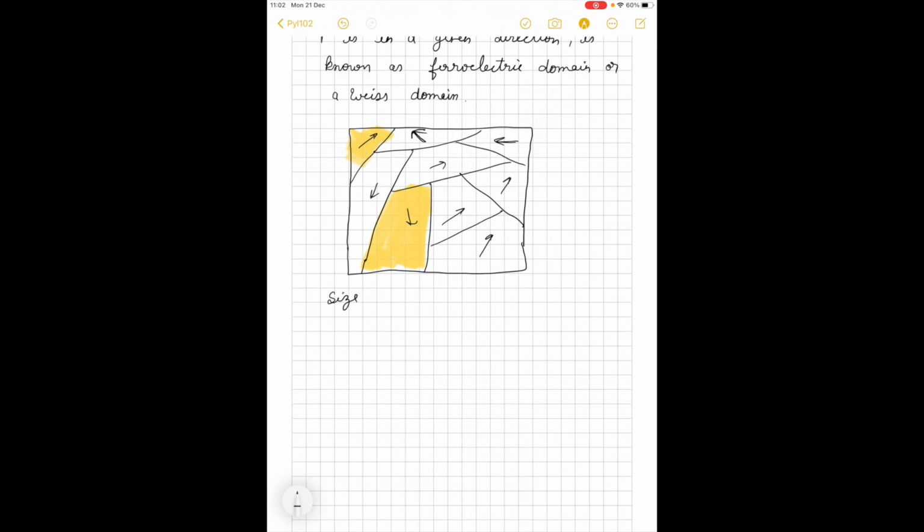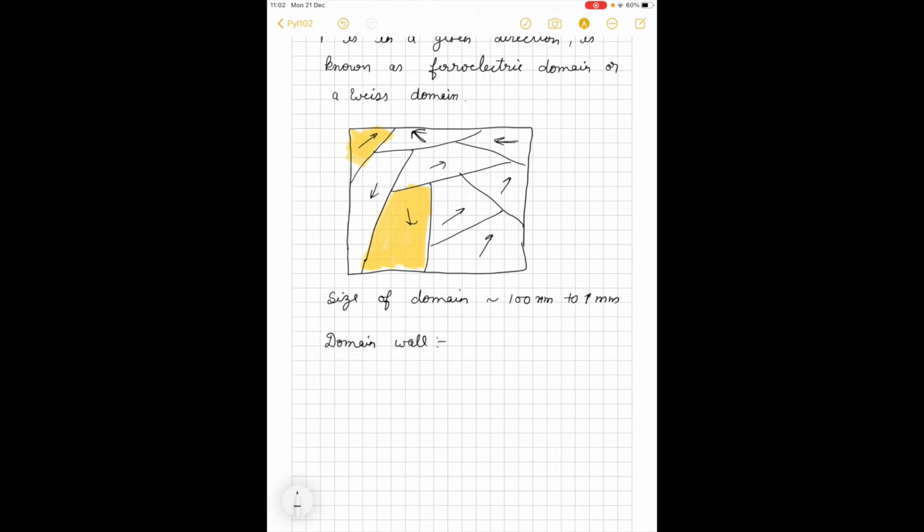Okay, before that, the size of a domain is of the order of, just to give you some numbers, from 100 nanometers to some millimeters, let's say a few millimeters, 1 millimeter. Okay, so this is the size of the domain. Now the line that I'm drawing that separates two domains, it is called the domain wall. So domain wall